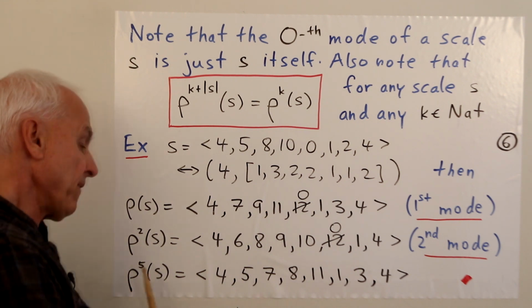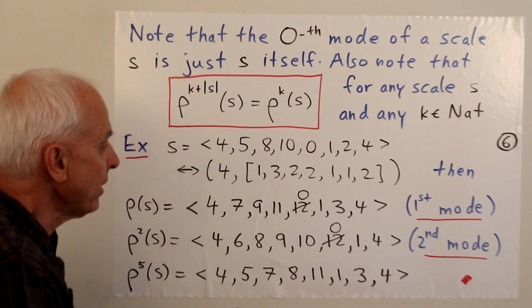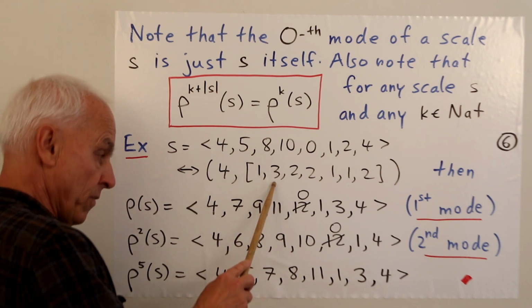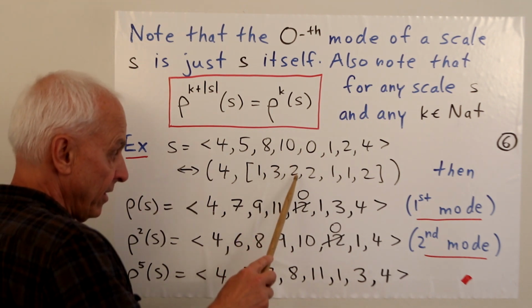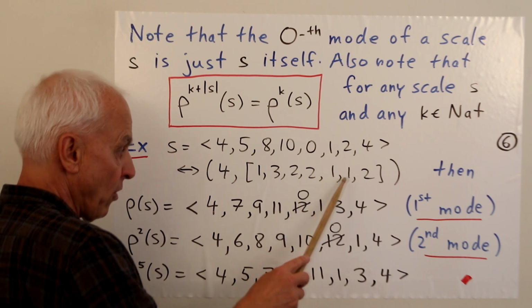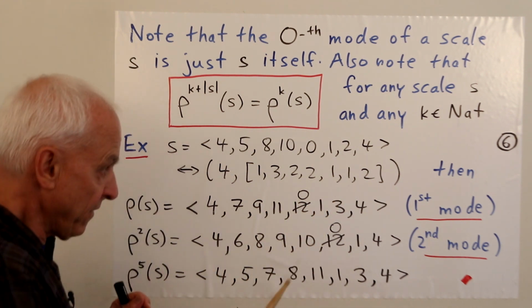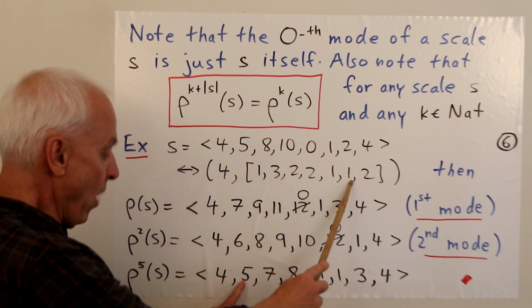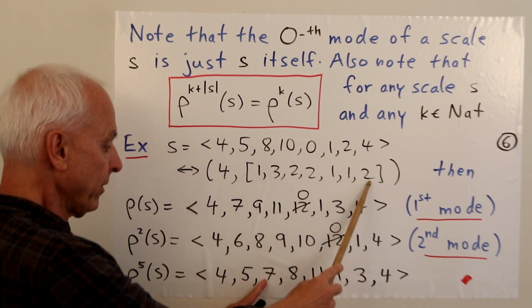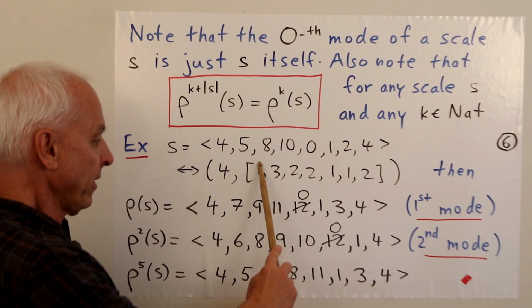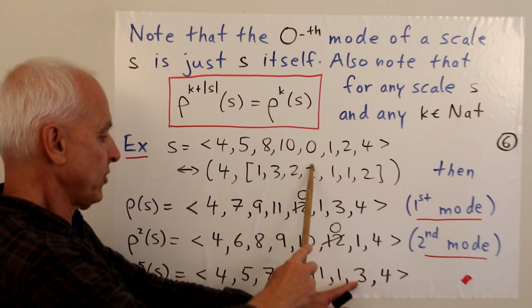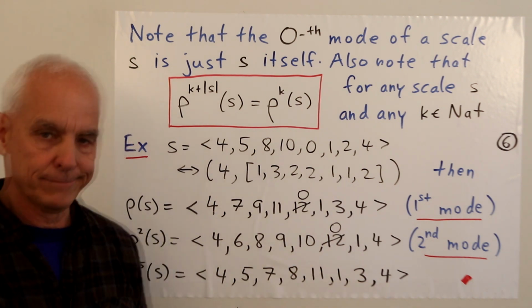If we wanted the fifth mode: the 0th mode, we start with this one. The first mode, we start with this one. Second mode, third mode, fourth mode, fifth mode. So the fifth mode is going to have an interval sequence that starts with this 1. So there's going to be a 1 there, and then a 2. Then we have to move to the front, and then a 1, and then a 3, and then a 2, and another 2, and then a 1.